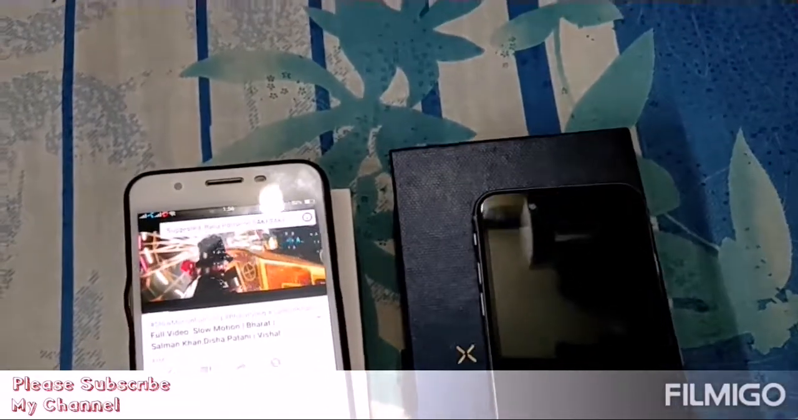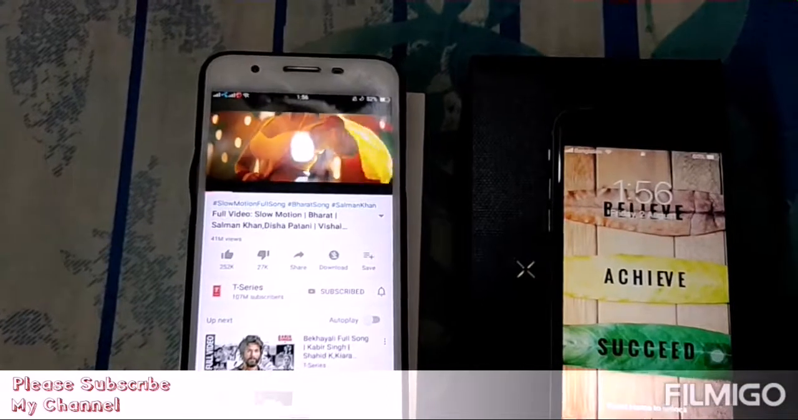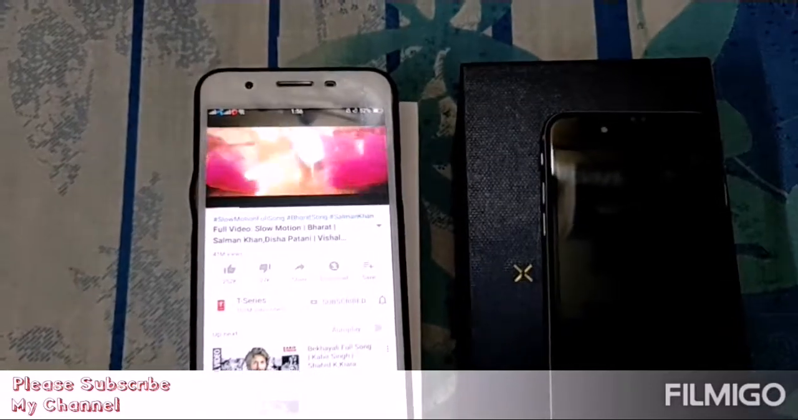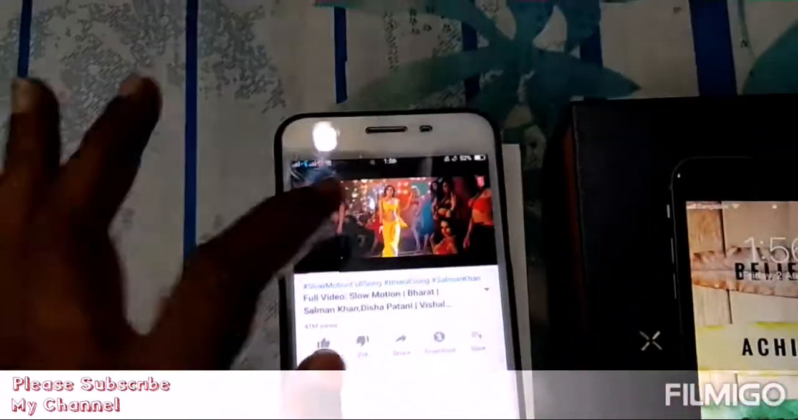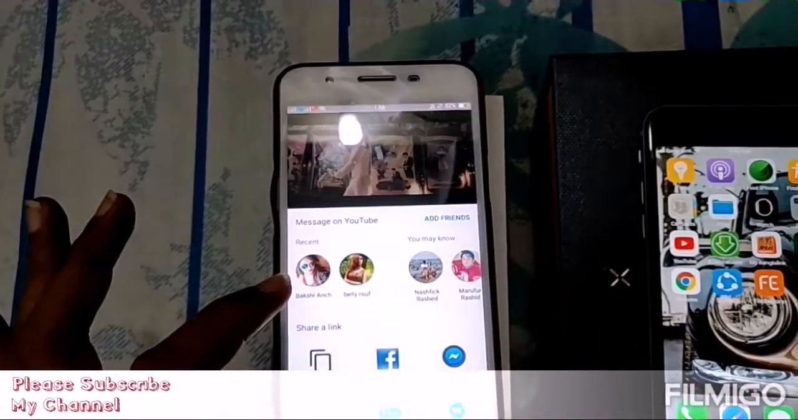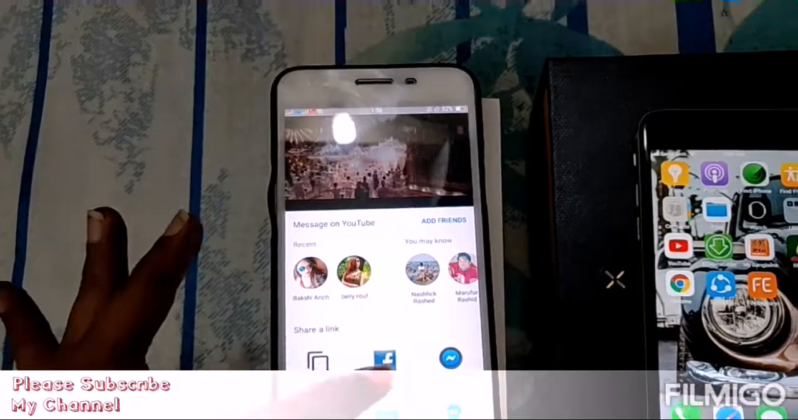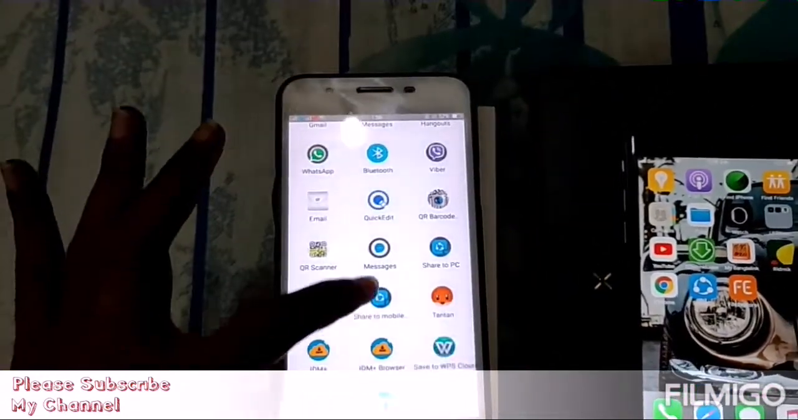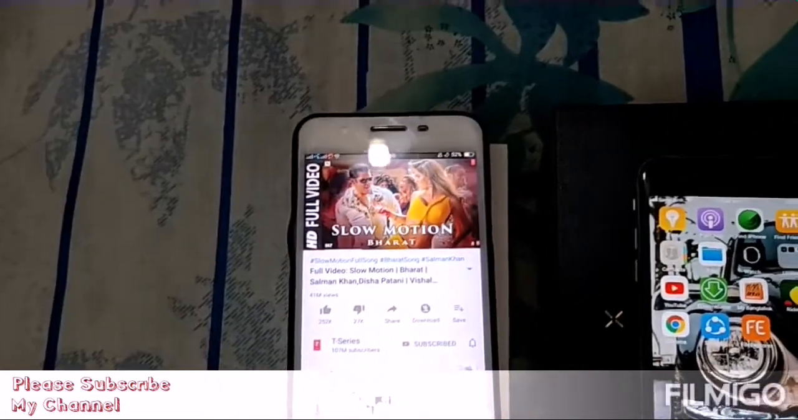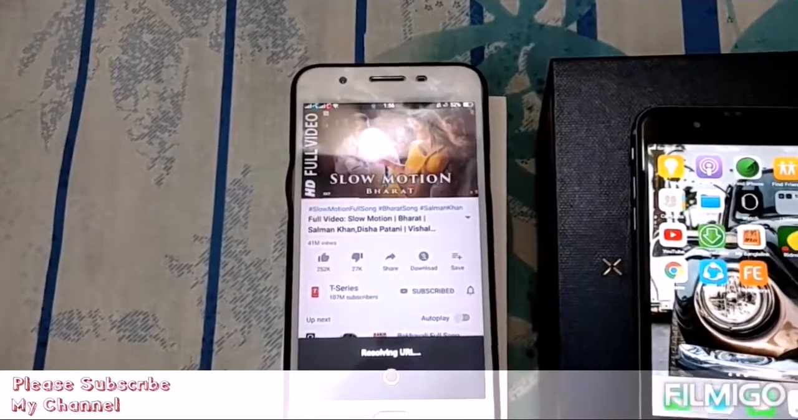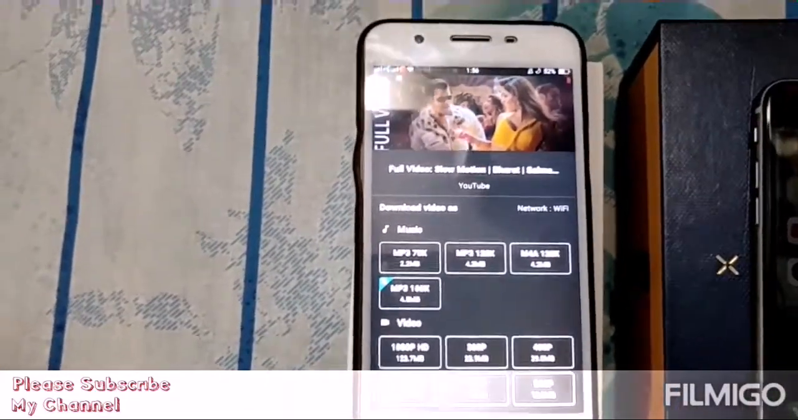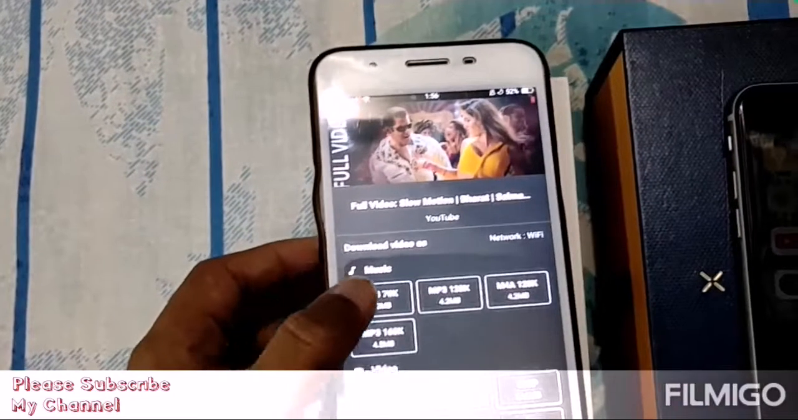You can easily transfer MP3 or video files from Android to iOS or iOS to Android. But today I will show you about converting an MP3 song from YouTube. For that, first I open the Android app SnapTube to convert the YouTube video in MP3 mode. For that reason, I select MP3